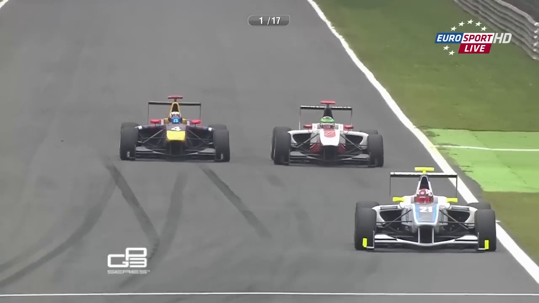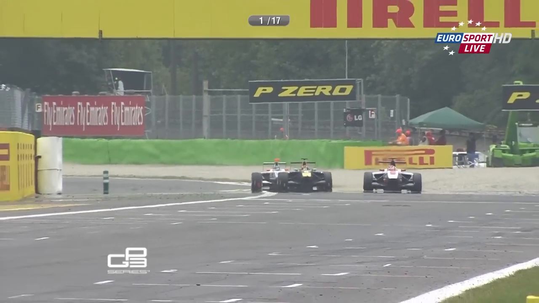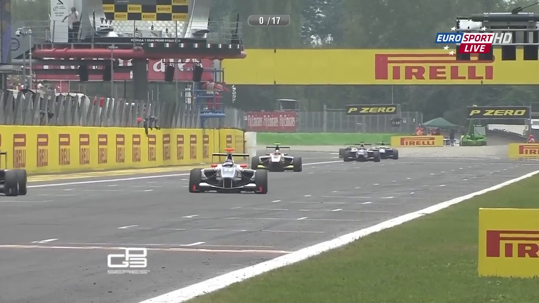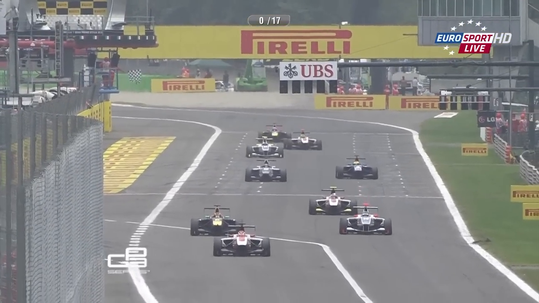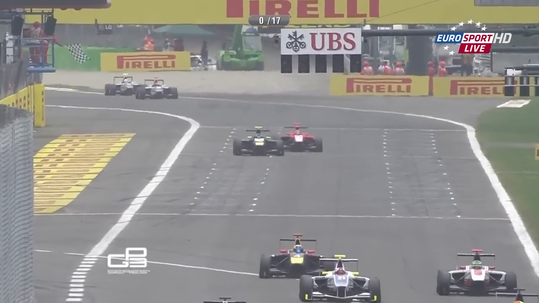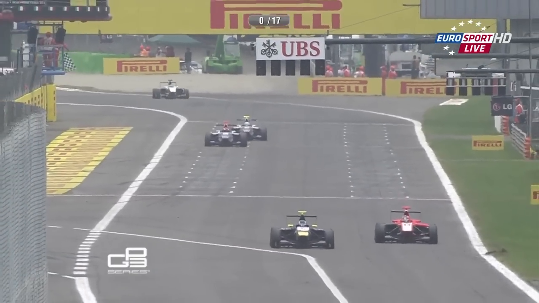He's been tigerish all weekend, and Connor Daly now turns Sainz's race from bad to worse, but Jack Harvey is across the line to take the checkered flag and his second win of the 2013 campaign. Daniil Kvyat across the line in second, Lewis Williamson third, Facu Regalia fourth,